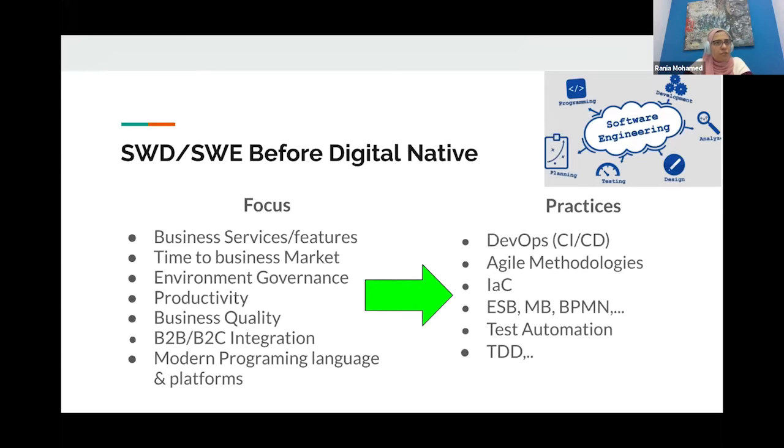Okay, and the practices that we invented and came up with in order to help deliver such focuses were DevOps, which includes continuous integration and continuous deployment, and we even defined different levels of DevOps in order to help in the governance, the productivity, the quality assurance and all the stuff related to controlling and governing the software lifecycle. Also, agile methodologies were invented there because this helps in the productivity, making sure that the business is aligned with the developers and with the architects and different stakeholders,